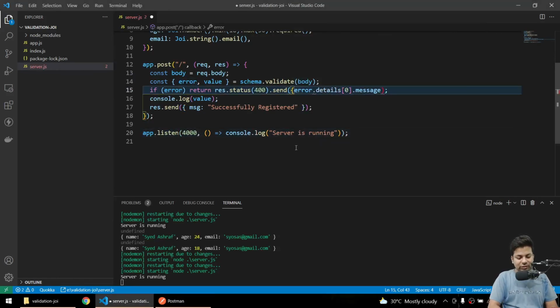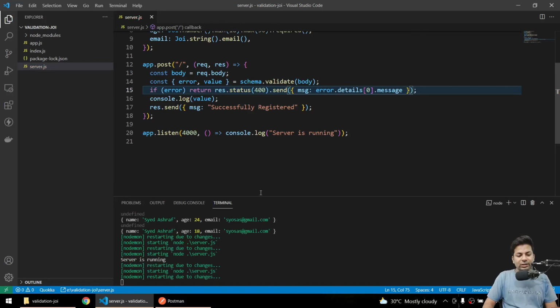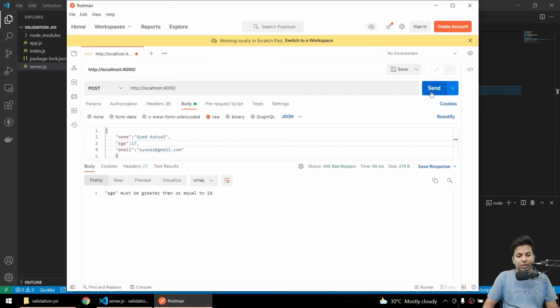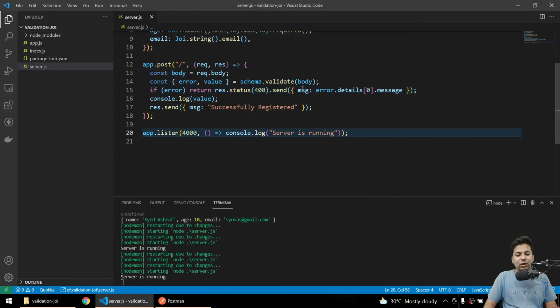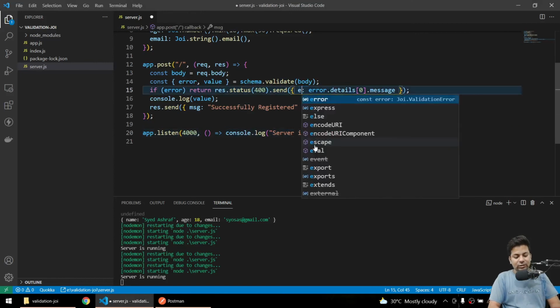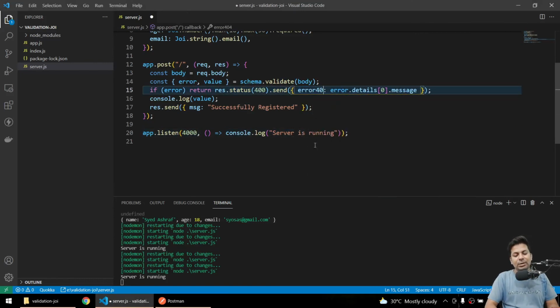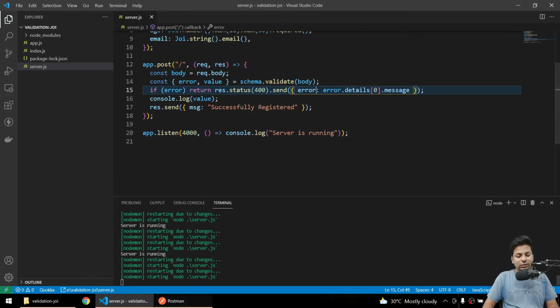But we'll wrap this up in a message, like a JSON structure. Now if we send, message: age must be greater than or equal to 18. So you can see everything's fine. Or you can just say error like this, 404, whatever you want to make of it.